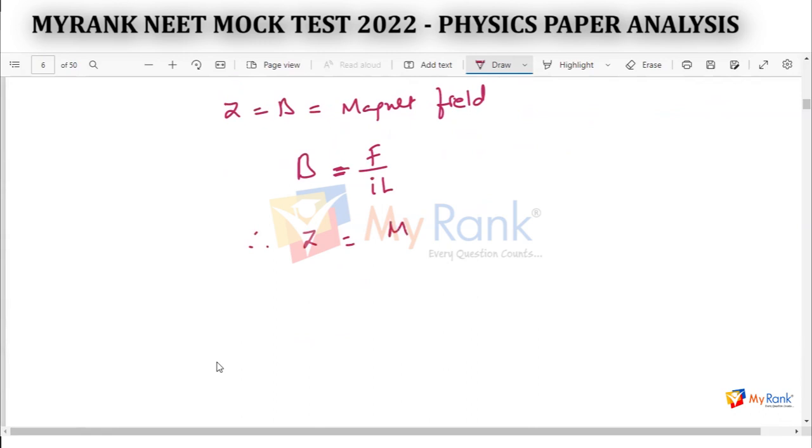Force dimensional formula is MLT power minus 2, so the force dimensional formula divides by I, and L means L only. So altogether, what we can write? M T power minus 2, isn't it? Because L gets cancelled, A power minus 1. M T power minus 2, A power minus 1. So the question is that